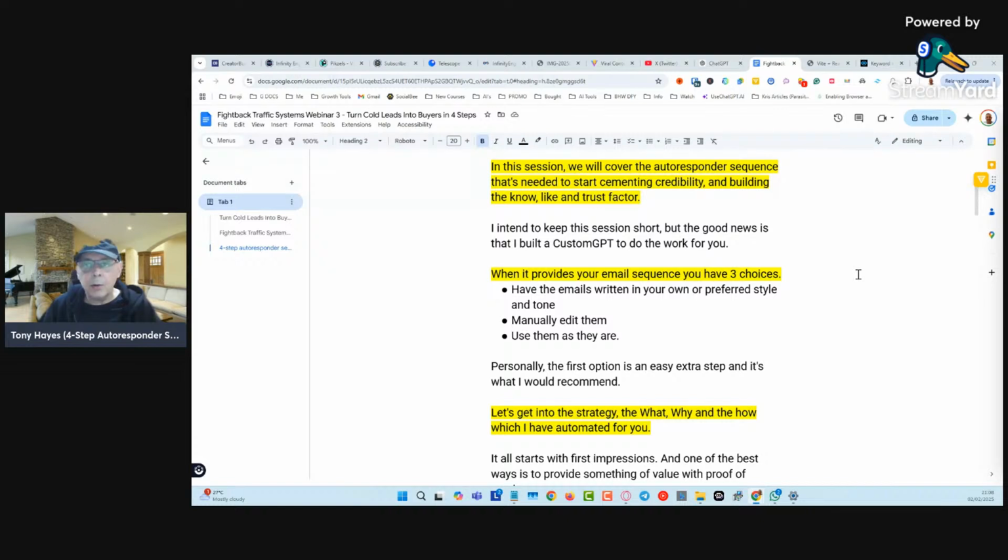So I came up with this system. And this system was basically to build in know, like, and trust, and kind of cement that authority, if you like. And when I did that, then I was able to filter the people who were genuinely interested. And those were good opportunities for nurturing a little bit more.